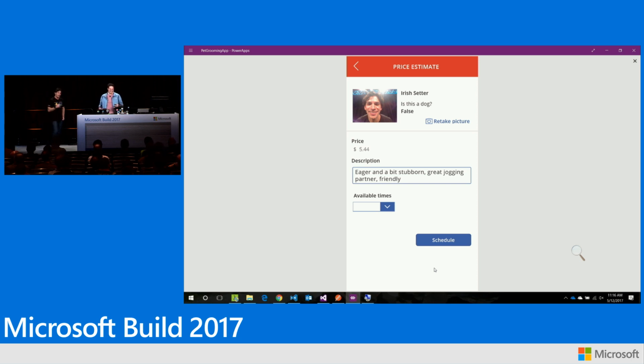Yeah. It's incredible. So this is actually the tech we're using for this one. Very similar to the Custom Vision service. This is actually What Dog. If you've seen it before, you can download the app. It came from the Microsoft Garage. But you can use things like that Custom Vision service. If you didn't catch the announcement, go check it out. You could build something just like this. You could have it detect images of landmarks or people or celebrities or dogs. And you could build stuff like this in a few hours.